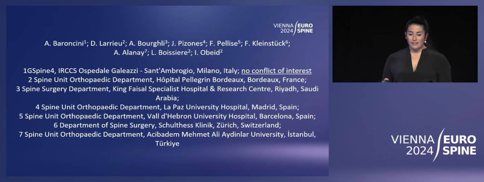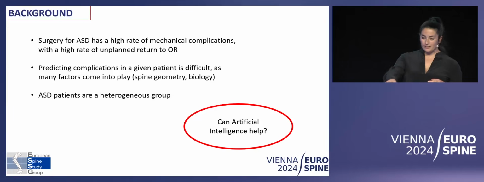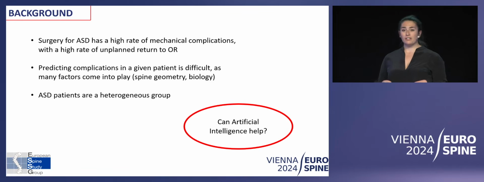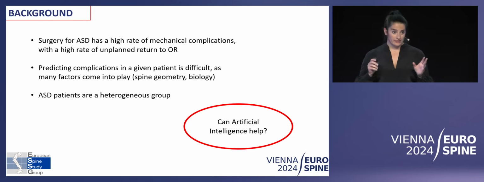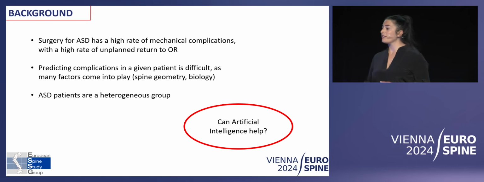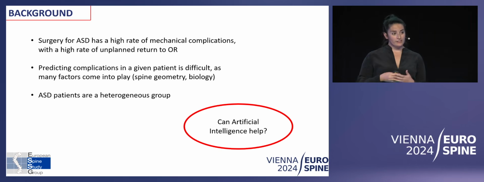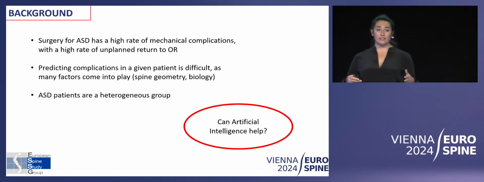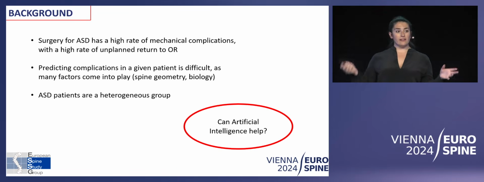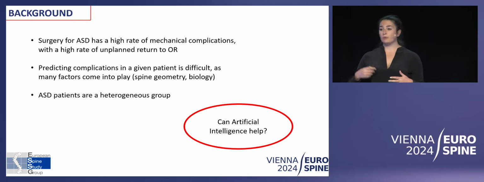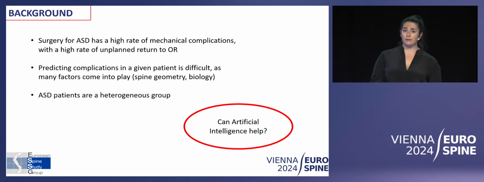Study Group. So we know that unplanned return to OR for mechanical complication is one of the main issues after the surgical management of adult spine deformity patients. And it has been a challenge to identify patient-specific risk factors for mechanical complication. And this is because the ASD population is extremely heterogeneous in terms of spine geometry, biology, and health-related quality of